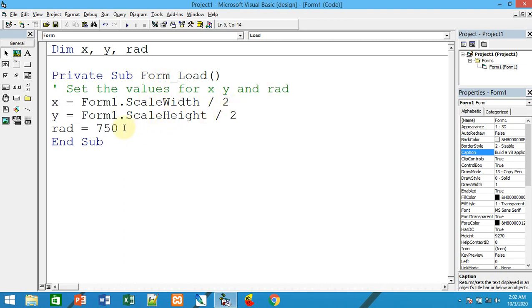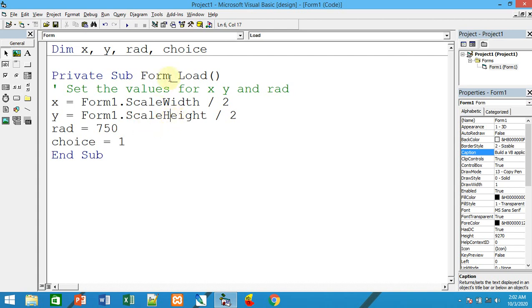Okay, so next you can draw the circle itself. But you have to take one more variable, of course. So I will use a choice variable. For this choice, by default, if you have not specified, choice will be 0 only, or else you can make choice equal to 1.